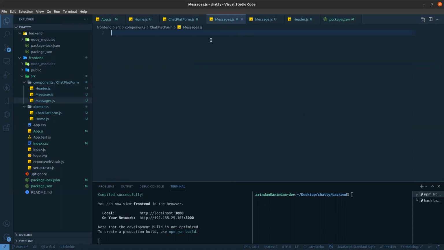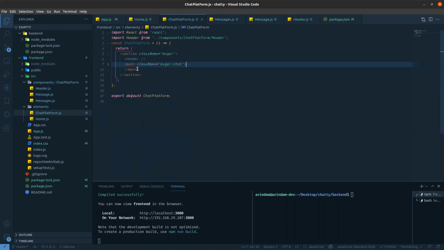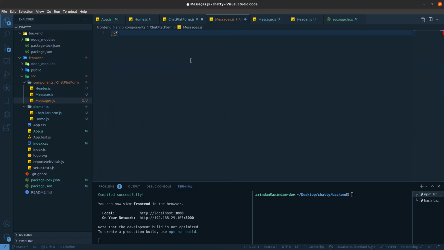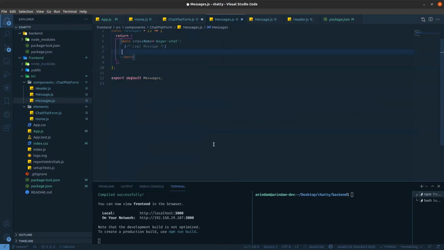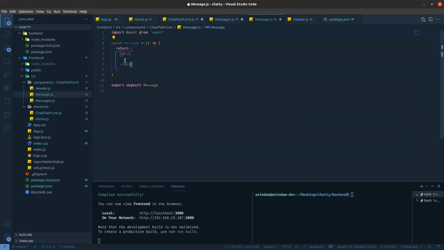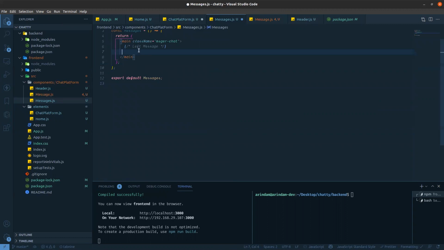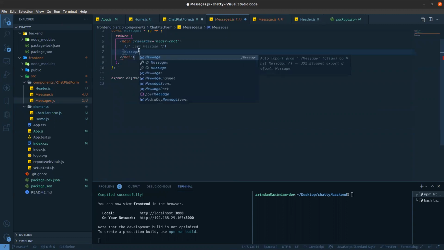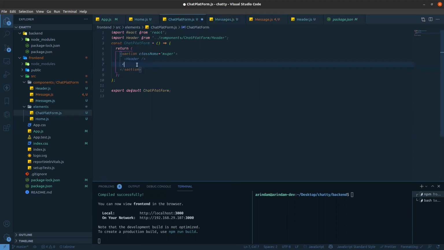So whatever I have written, I'm just cutting it from the main part, going to messages, and pasting it over there. Okay, and this message part, I'm cutting from there and pasting it in the message part. So this message actually goes over there, and these messages will go over there.